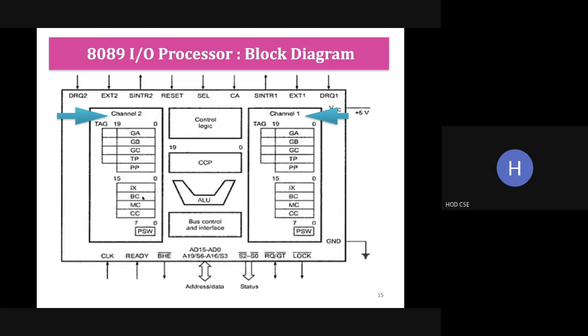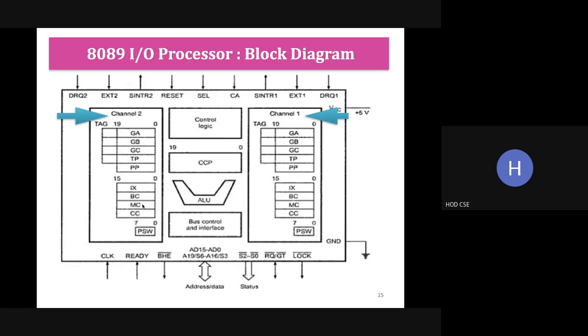Suppose you are transferring 1 byte, then the byte count register will change by 1. And if you are transferring a word, that is 16 bits, this register will change by 2. So the byte count register is used to store the byte count values, the number of times you are going to perform the data transfer. Suppose it is 10, you have to load the value 10 into this register. For every data transfer it will update. If it is a byte transfer, it will change by 1, and if it is a word transfer, by 2.